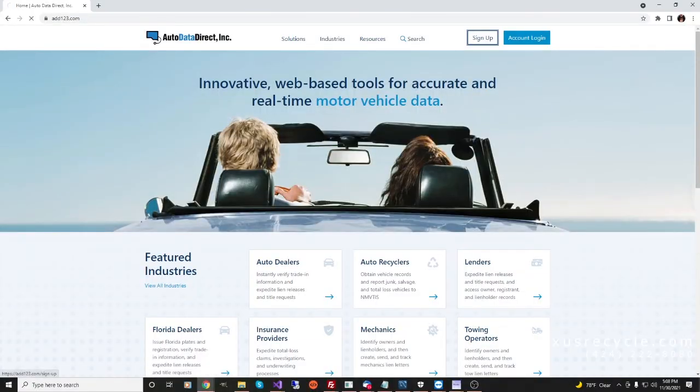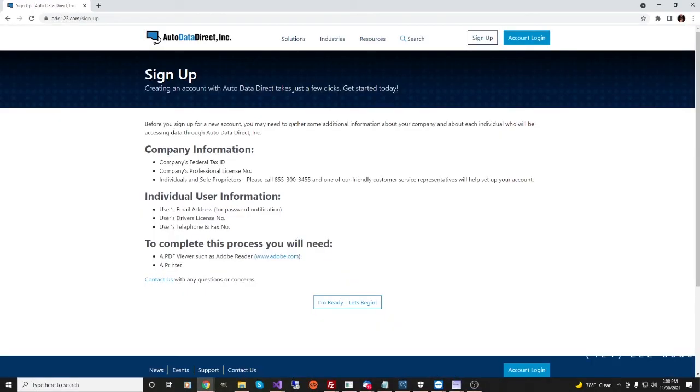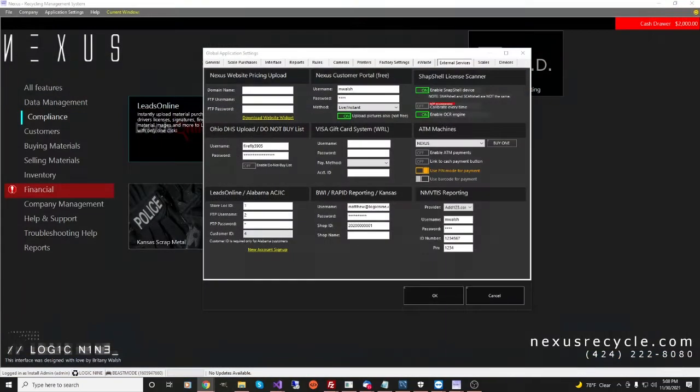You sign up here with Autodata Direct. Now, signing up for them is one thing. So don't just sign up for them and then say, oh, we're good to go, and then assume that your vehicles are being uploaded, because they're not. You have to not only sign up for them, but you also have to sign up for their bulk upload service. And once you do that, then you put in the information they give you here,